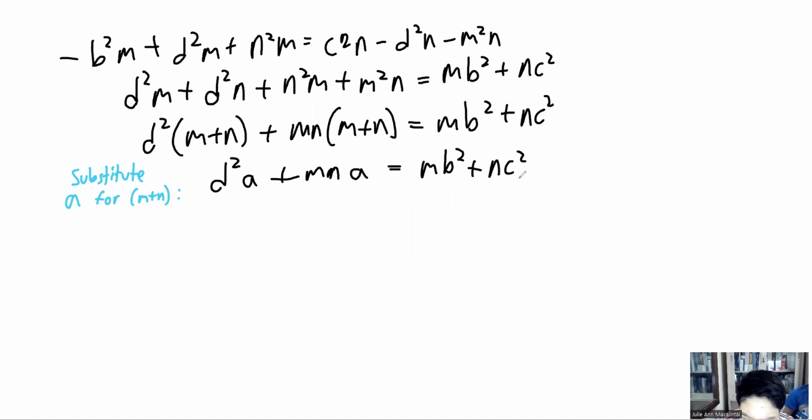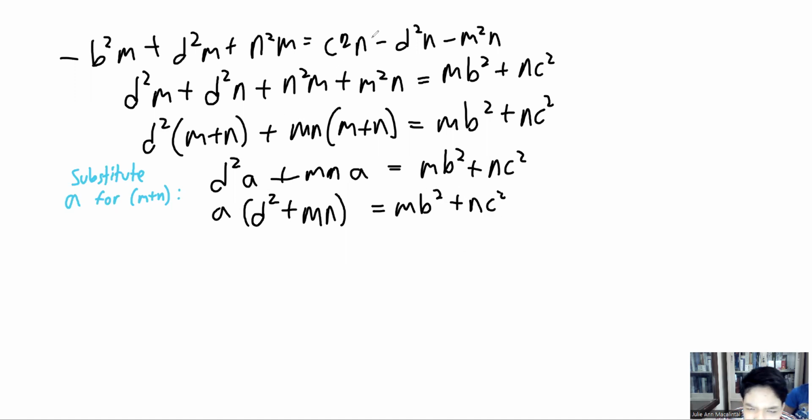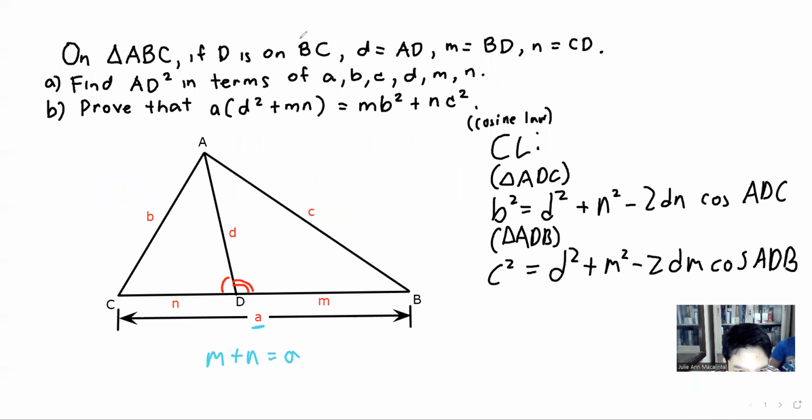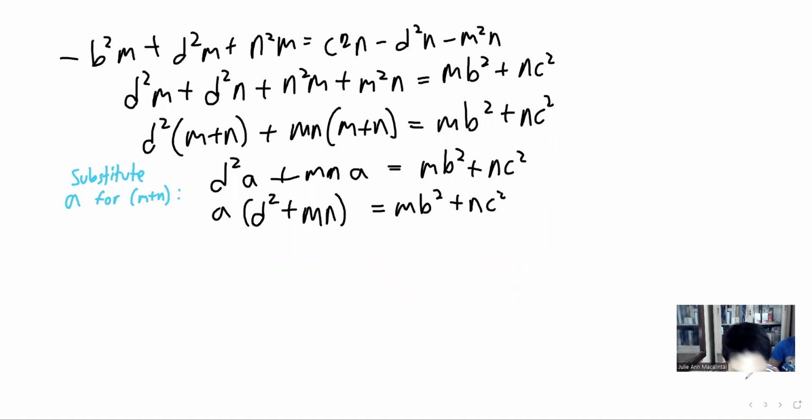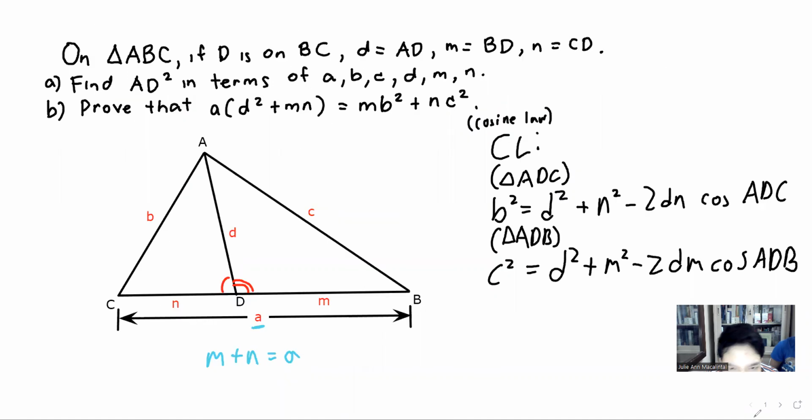Slowly, the formula is getting much more compact. There. So we have established a relationship. Actually, we established a relationship very early, but I think this is also B at the same time. Yes, we just solved B. Well, actually, we did not solve A per se, find AD squared.